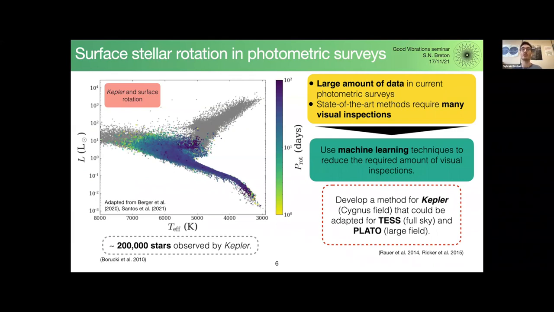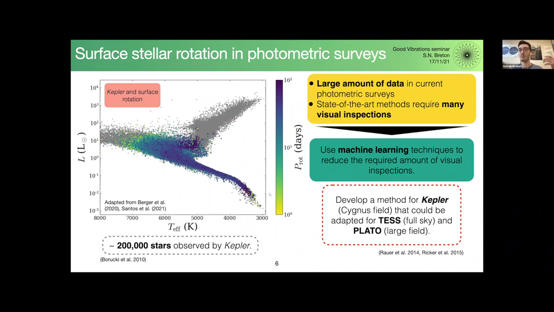So let's start with surface stellar rotation. Here you can see the stars observed by Kepler on an HR diagram and the stars for which you have a rotation period. You can see that if you go higher in effective temperature, your star tends to rotate faster. There were about 200,000 stars that were observed by Kepler,